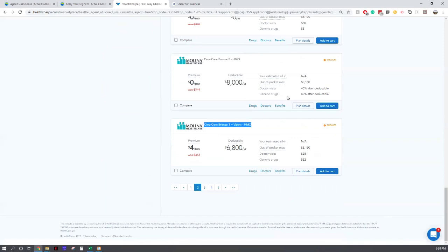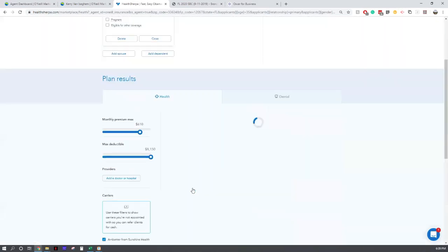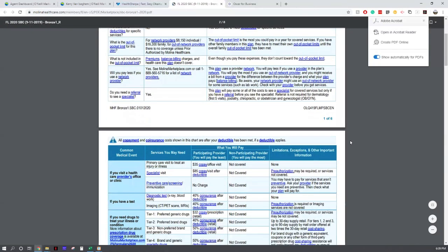Even in South Florida and Tampa. Okay, what I like about this, really the differentiator here, is you've got copays for doctor's office visits, and there must be the core care bronze without vision is probably going to be 0. I don't know where it is. Yeah, right here, core bronze, same thing. The one differentiator here